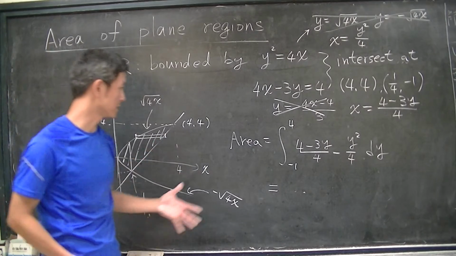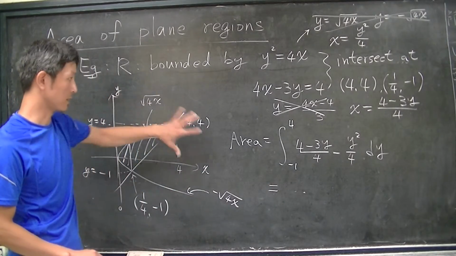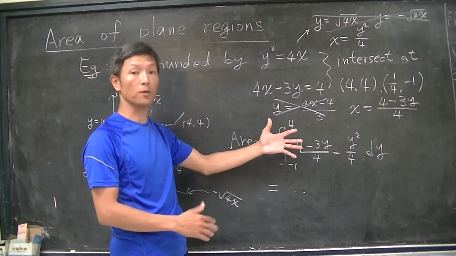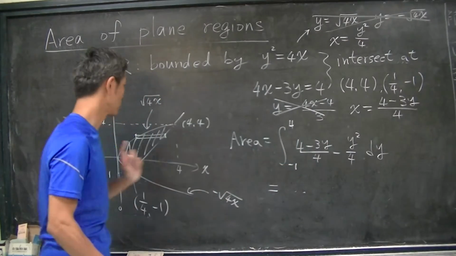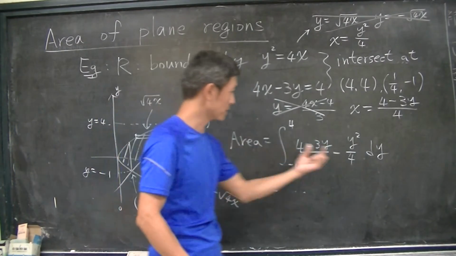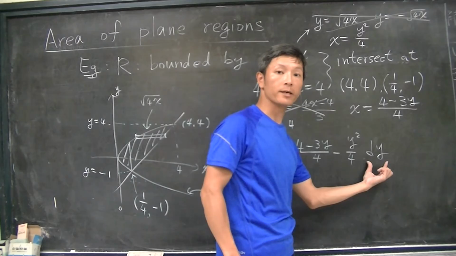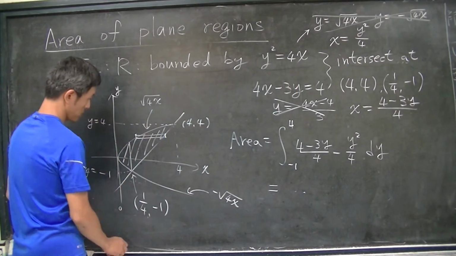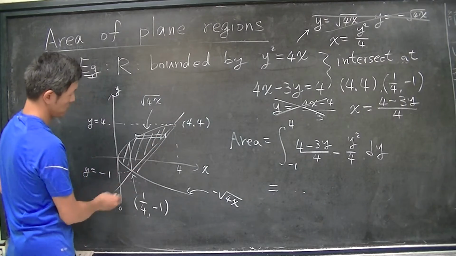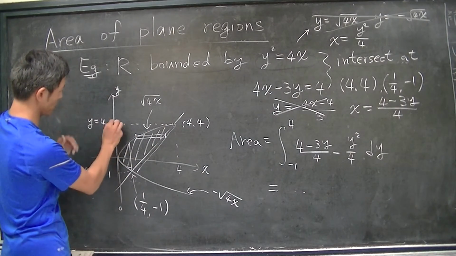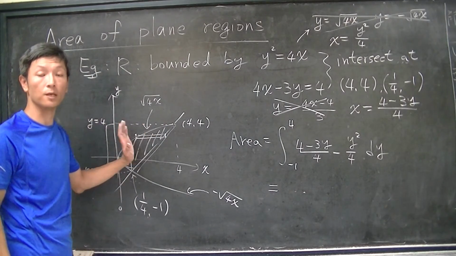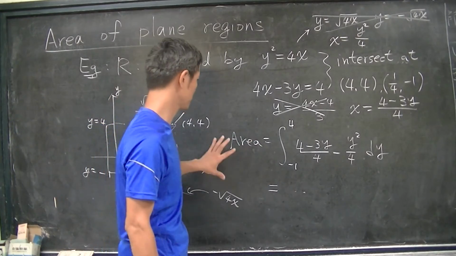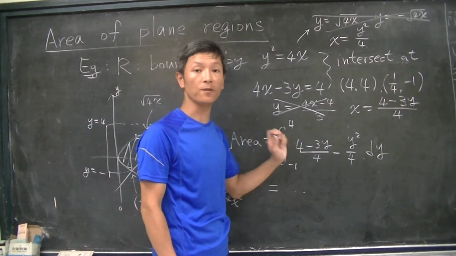Using this idea, we can see that all of this comes from the definition of definite integrals. The only thing we need to do is pick the variable correctly, and then determine the top, the bottom, and the range of this function correctly. Then we can compute the area by definite integrals.